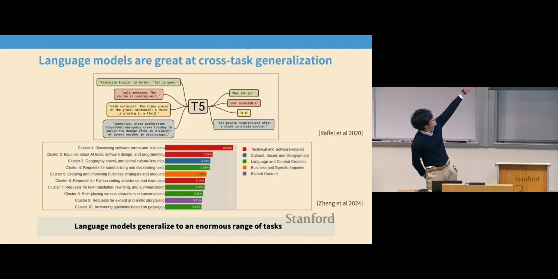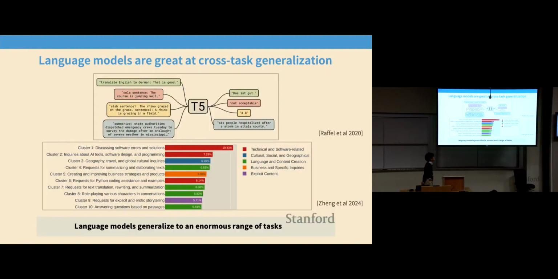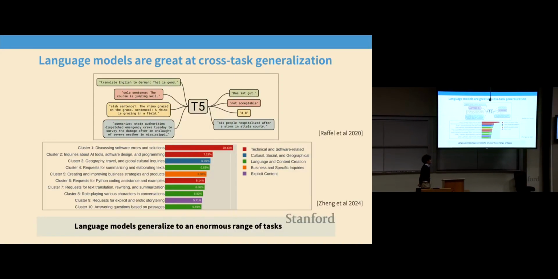It's amazing that all of these different NLP tasks can just get shoved into a language model in sequence-to-sequence form, and they can do well. I put T5 up here because it's one of the earliest models that really did some of this. And below that, if you look at what real-world usage of a chatbot looks like, it's incredibly varied. The second plot here is from LMSys1M, which is a pretty cool resource from the Berkeley folks that run Chatbot Arena.